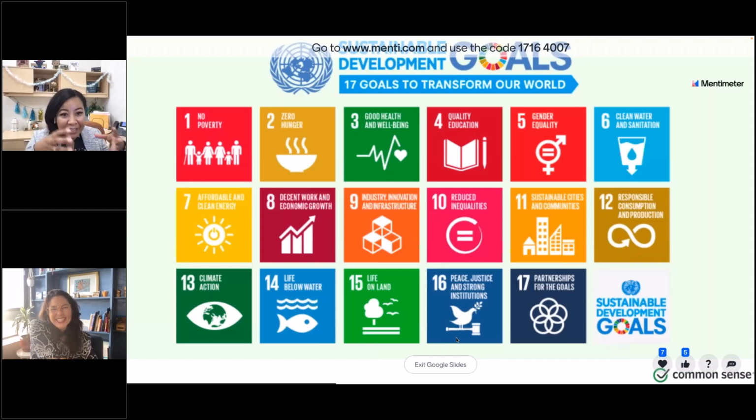It was a group effort of individuals who came together and said, hey, these are 17 goals that we as a global community should really take a look at because we're having issues in all these areas across the world. So how can we support individuals with these different things? And it's just so amazing that people are able to come together and say, hey, let's make this the focus to make the world much better, not just myself or my own community, which is what we want to get our creators thinking about as they're working in those digital spaces.